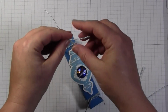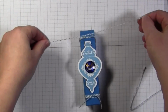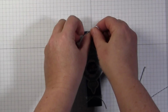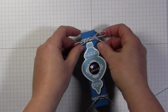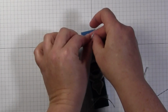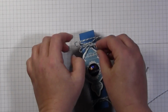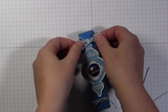So in order to tie the bow, everybody knows how to tie a bow. So I just tied it, did the first loop, and tied that around, and pull it to make your little bow. Kind of pull it back to make the size you want. And then I took these two ends, and I just made a bow again, just as I did the first time. Loop it up, wrap it around, and pull the string through. And that's a little bit short, but I'll just pull it back. And you can play around with this to where you basically get the two loops, like I did on this one,